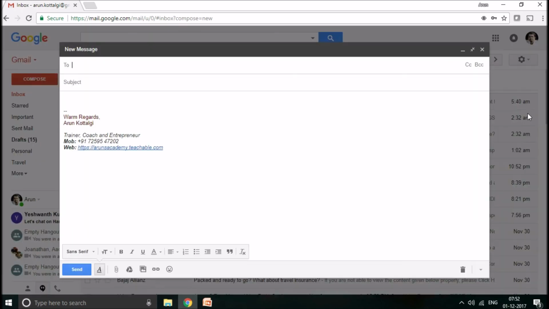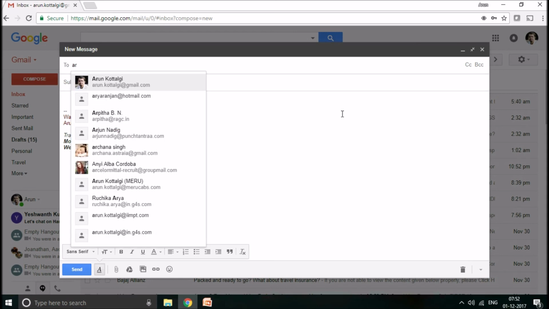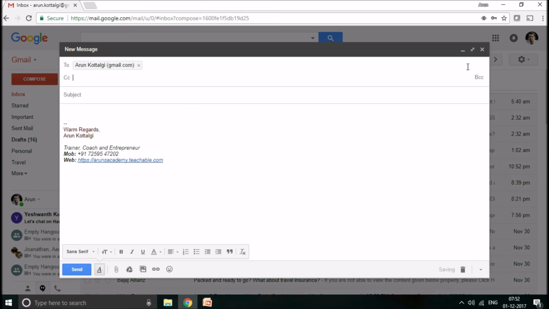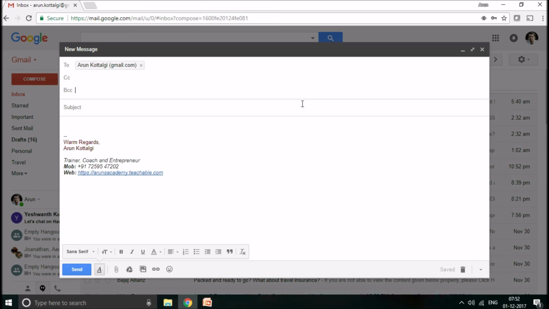Now you should know the email address of the receiver whom you want to send an email to. So you will type the email address. Okay, so right now what I am doing is typing my own email address. You can click on CC and BCC if you want. CC is called carbon copy, BCC is blind carbon copy. So CC is like sending an email to inform. It is not to take action but to inform. BCC is something where you are sending it completely in stealth mode.